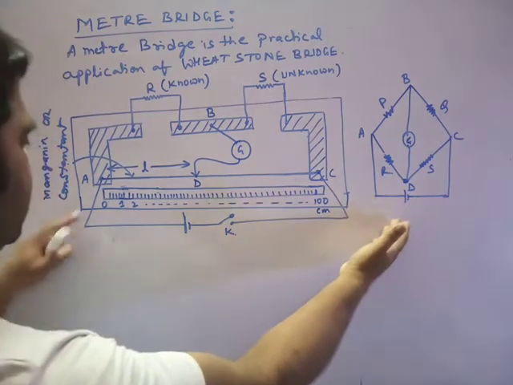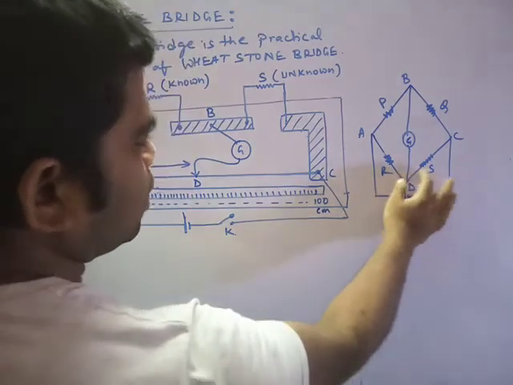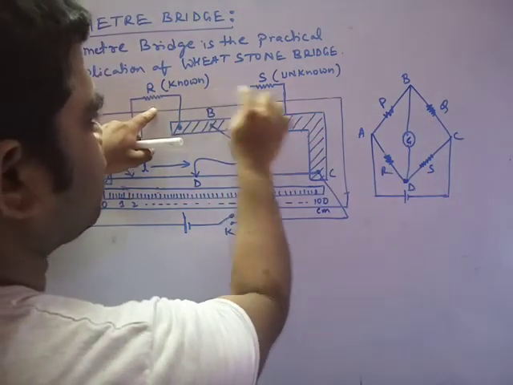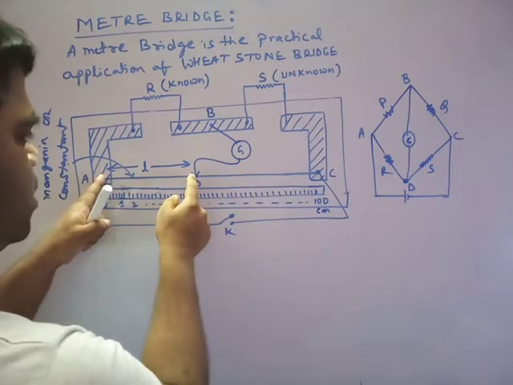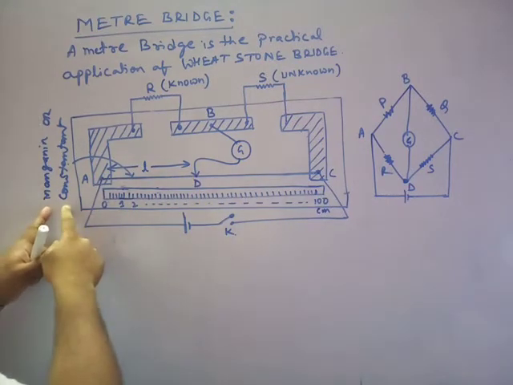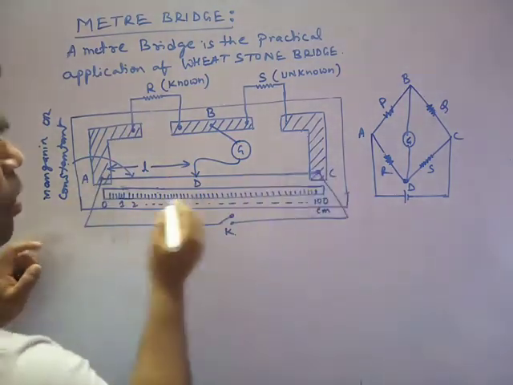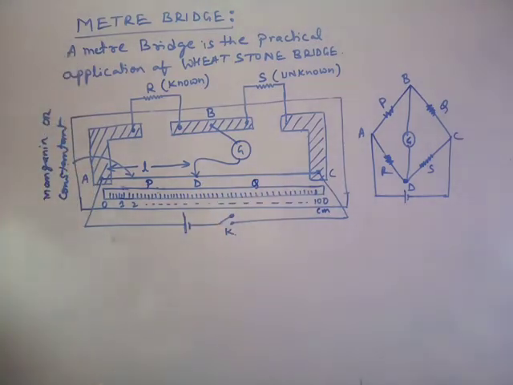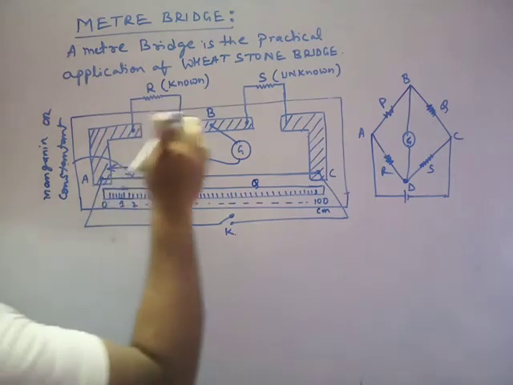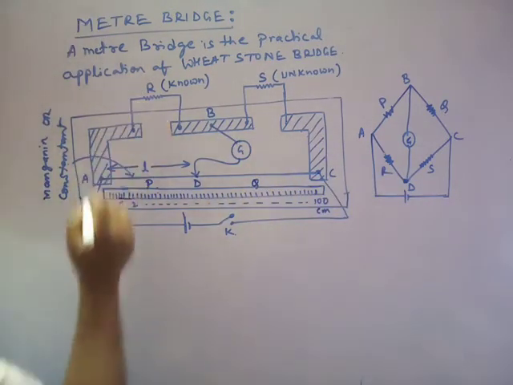As usual, you can देख सकते हो A और C के बीच में source लगाया हुआ है. So if it is R and S, already I have mentioned, then definitely after touching there will be some resistance because already I have written this is manganin. तो alloy का resistance सबसे ज़्यादा होता है ना? That resistance is known as P and from B to C it is Q. Is it clear? Yes.